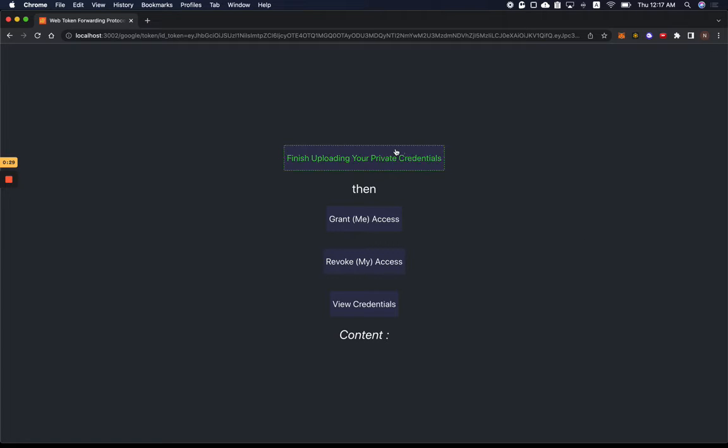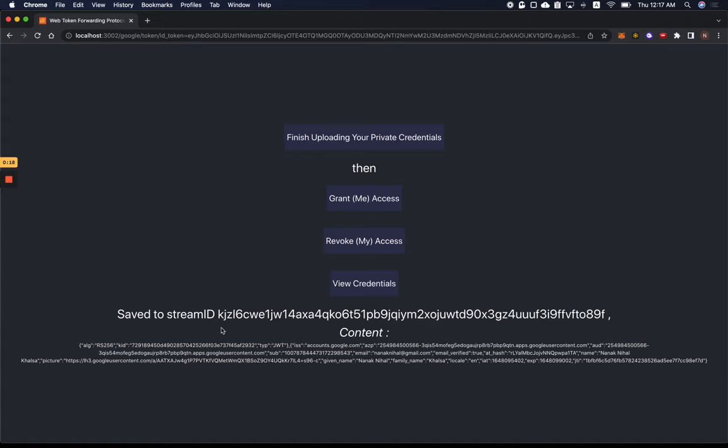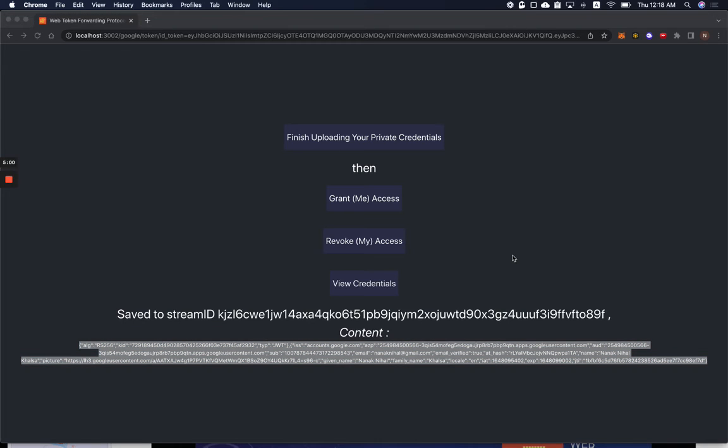We're also looking to integrate with traditional KYC via machine learning-based ID and passport recognition. So we'll finish uploading the private credentials, and this is where it's saved on Ceramic, and it's using the LIT protocol. And as you can see, here's our identity information. It has our name and our profile picture, and somewhere has my email address here too. Here we go. So then we can always grant access to certain people.